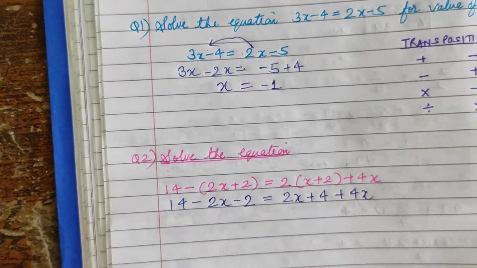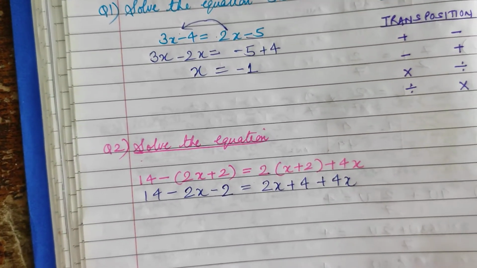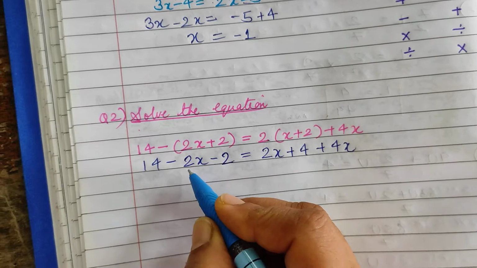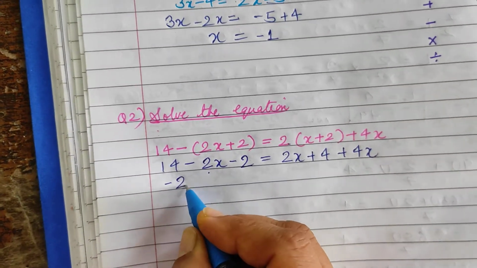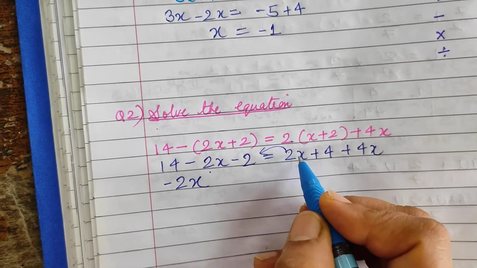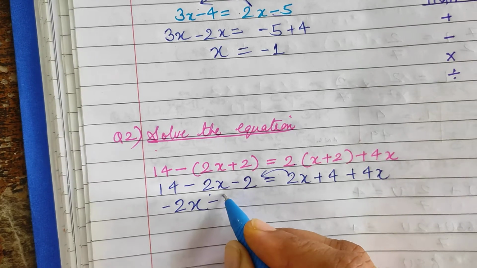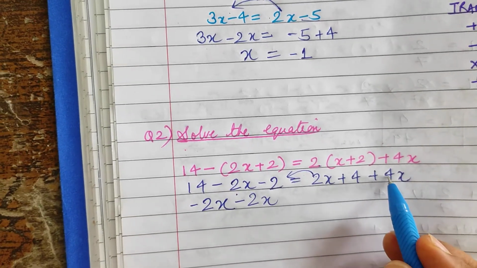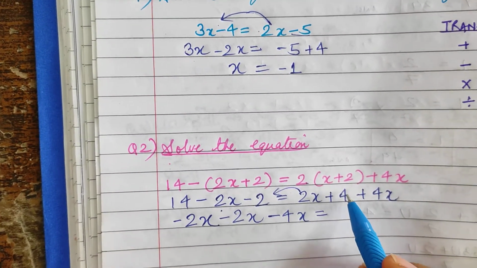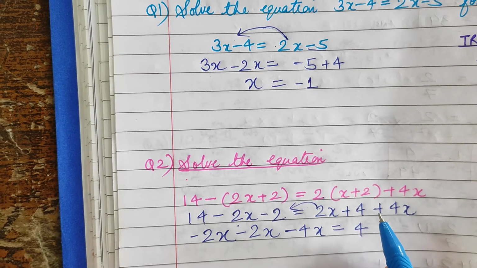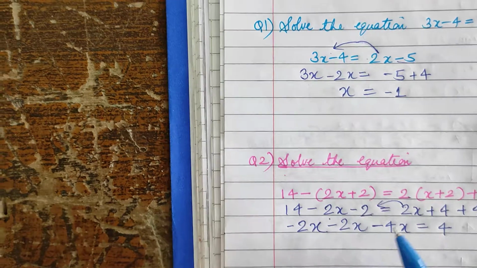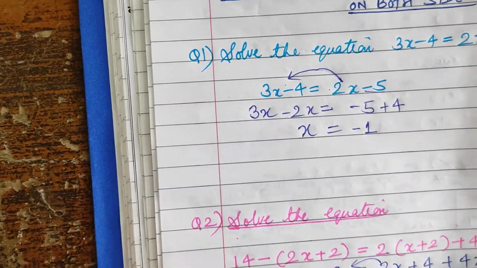Now the basic rule for solving the equation is that we have to transfer all the variables on one side and all the constants on the other side. So minus 2x will remain in its own position. Now this 2x we are bringing here. So the sign will change, we are transposing it, minus 2x. Similarly this 4x, this is plus, it will become minus 4x equals to 4. Whatever is in its original position, we have to write that number first. So minus 2x will become plus 2x.